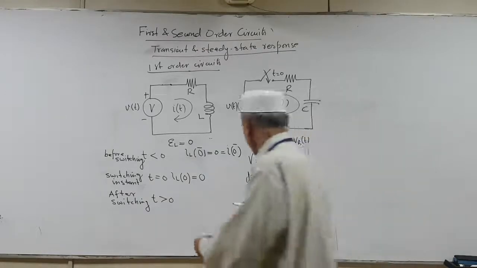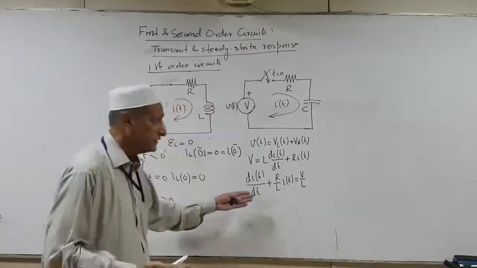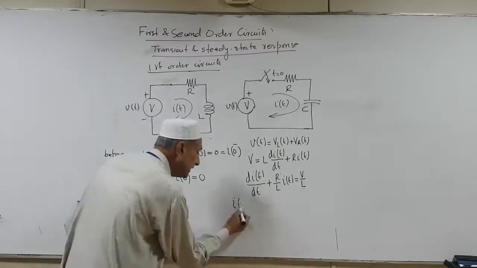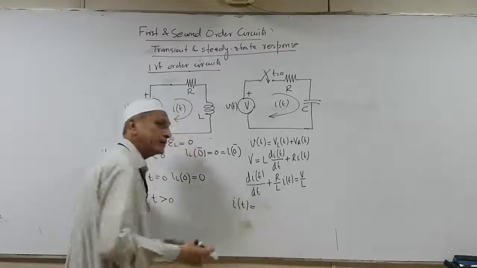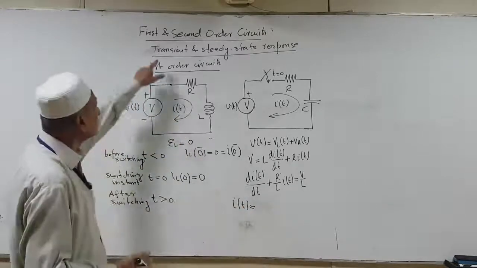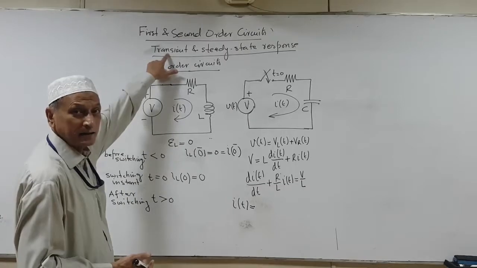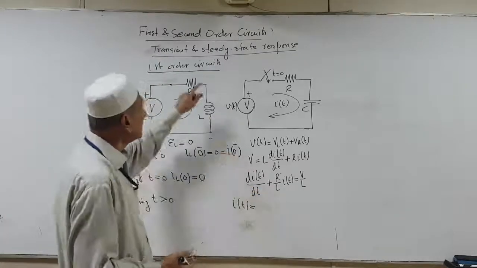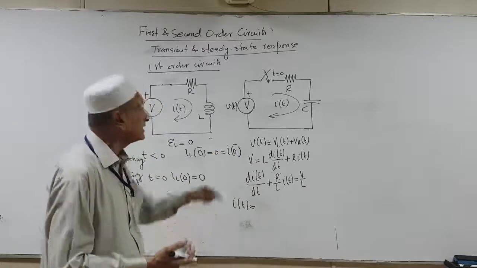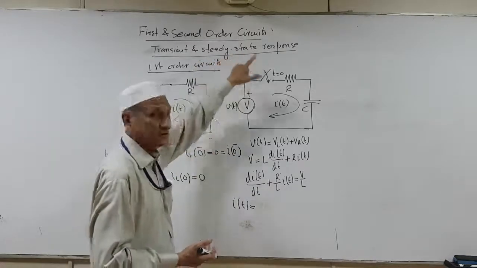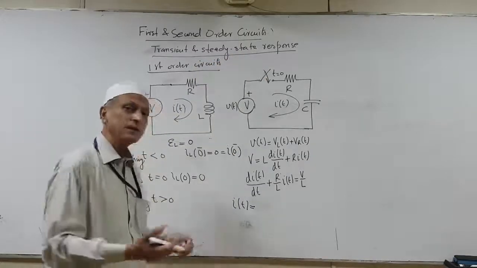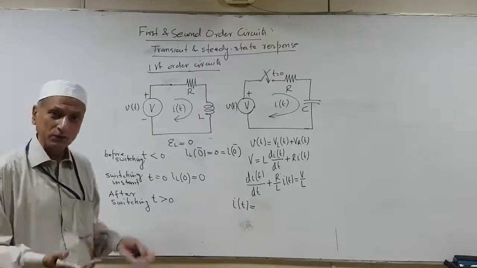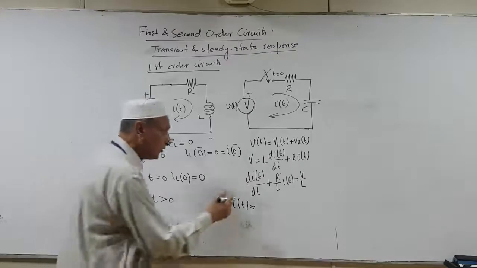Now this is the standard first order non-homogeneous differential equation. The solution will be two-part. One will be based on the complementary part, which will give us the transient response. The other part will be based on the particular solution or particular integral, and that will give us the steady state response. So in fact, an ordinary differential equation will have a two-part solution in general.